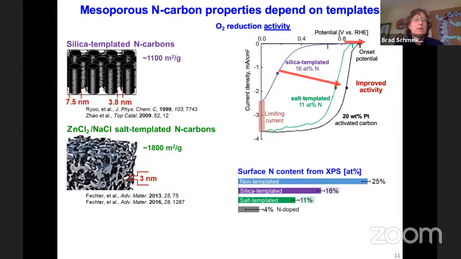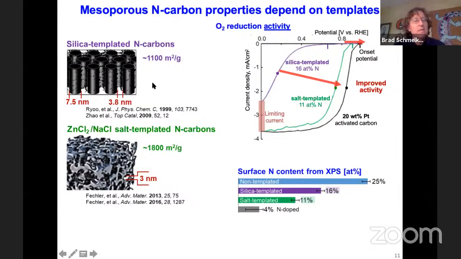So looking on the left, we form these mesoporous silica templates, and they have surface areas of about 1,100 meters squared per gram. So less than the activated carbon, but bigger pores for easier mass transport. Again, we're not the first ones to use those in that way. Professor Ryoo at KAIST in Korea, and Dongyuan Zhao at Fudan University, good friends of ours whom I know very well, we've followed a lot of their creative initiatives in this area with respect to MCM type materials and others. But with carbons, and this is now where we were looking with nitrogen,